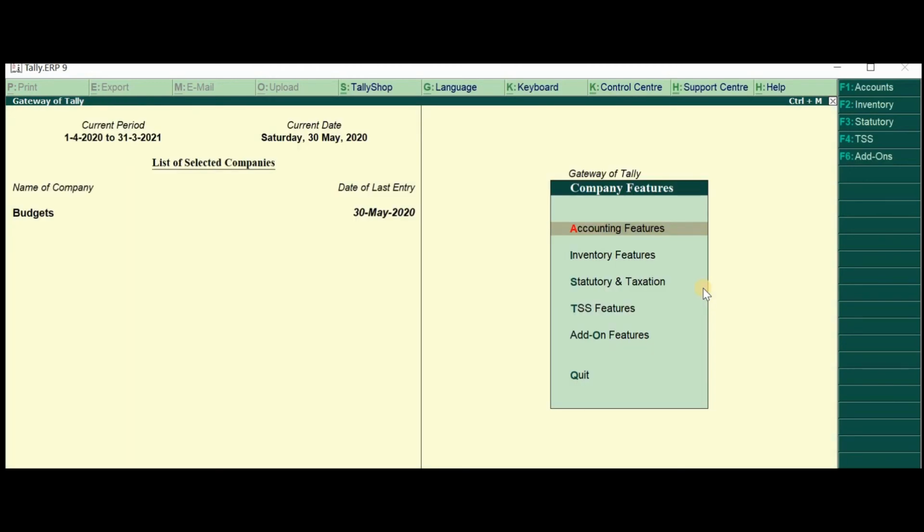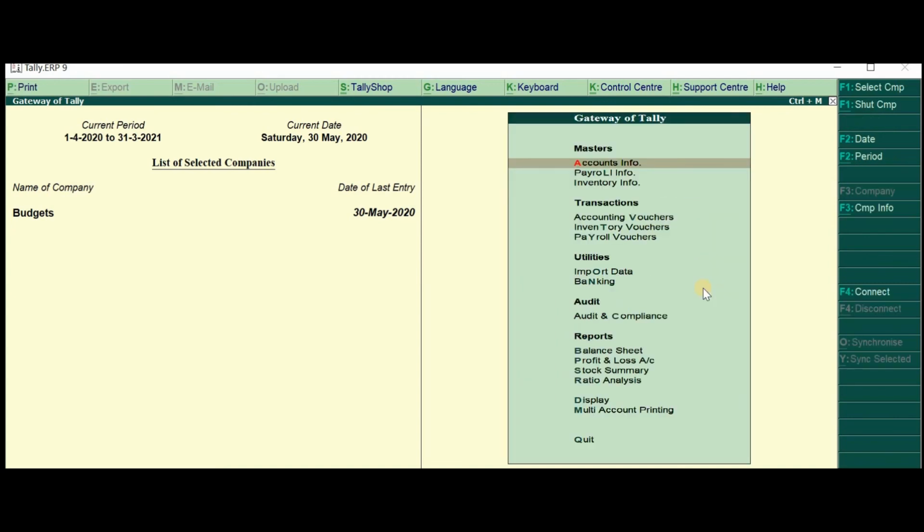So budgets are basically used to enable us to have some sort of a track. Like in any organization, suppose you estimate that for telephone expenses, you would want an average expenditure of say 10,000 per month. You would want to know whether you are continuously being within the budget or you are exceeding it. Okay, so let's see.